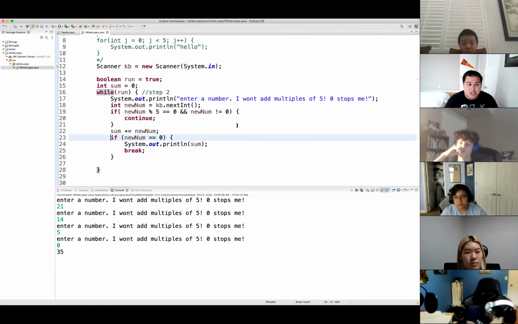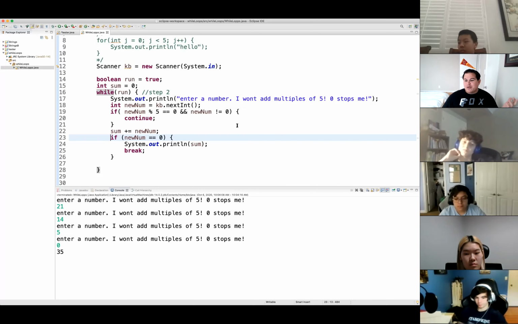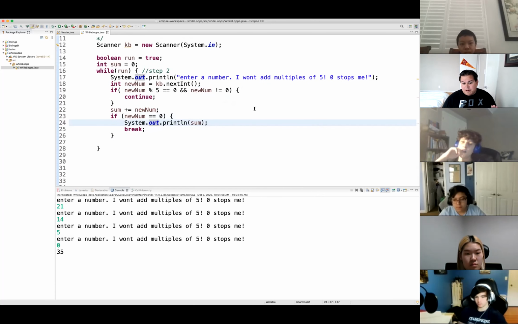While loops are, as you can see, a little bit more fun because the downside with a for loop is you have a set amount of times that you have to predetermine. A while loop, you can just keep running it until they've hit that terminating statement. And if you don't have a terminating statement, they can keep going. This is great for guessing games, numerical games, hangman, et cetera, where it doesn't matter what the letters are. So that is the while loop. Does anybody have any questions regarding the while loop?